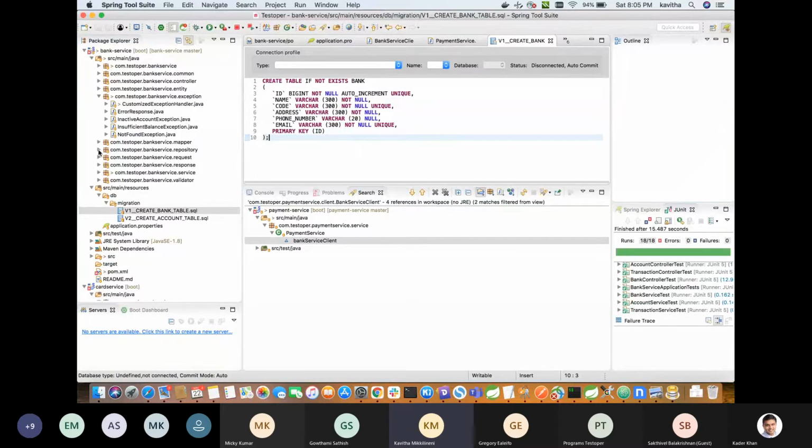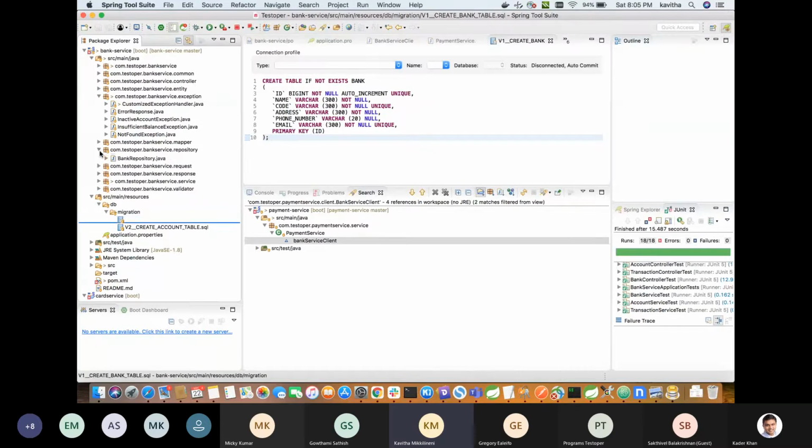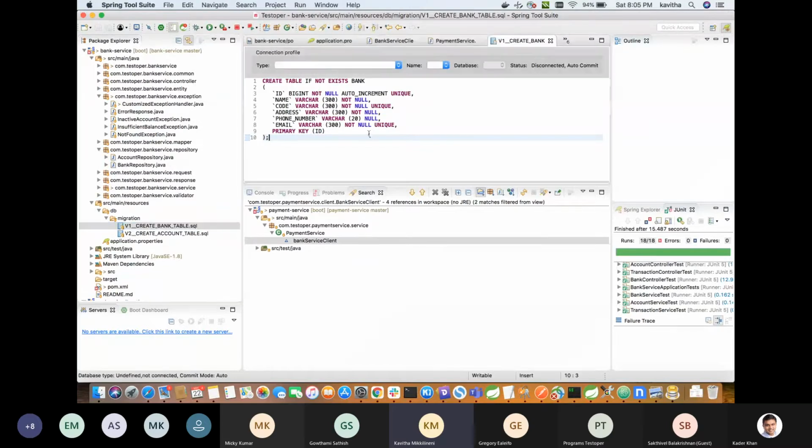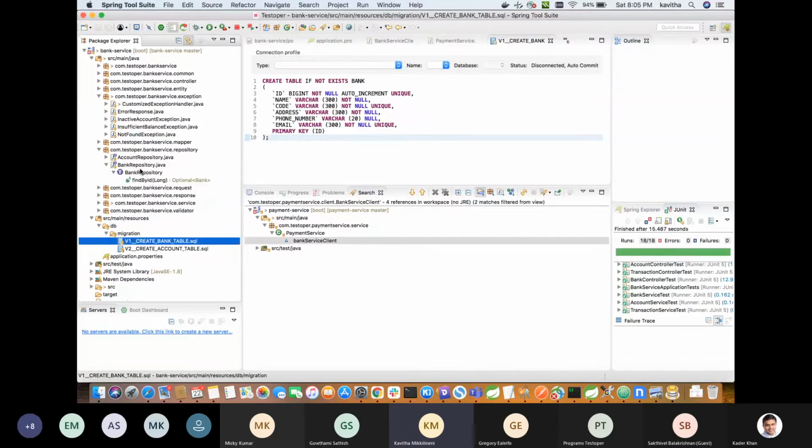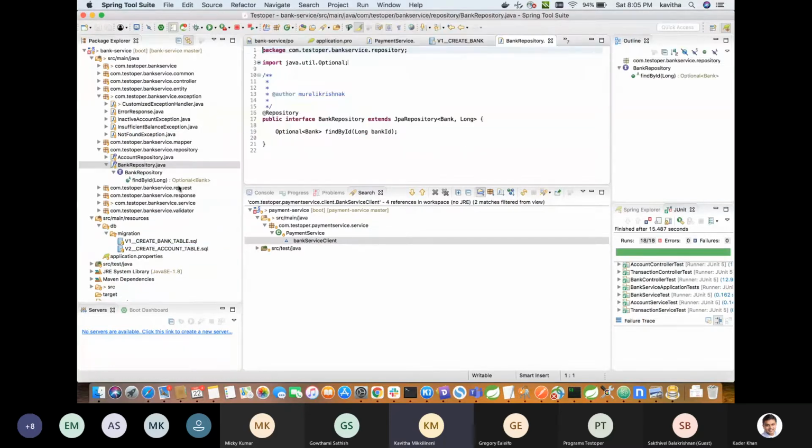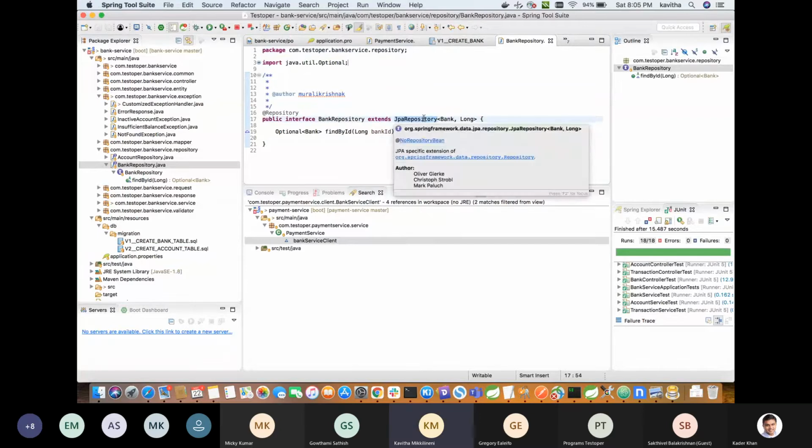Coming back to this mapping, for each table we can write a repository. So this is the JPA repository I was talking about.